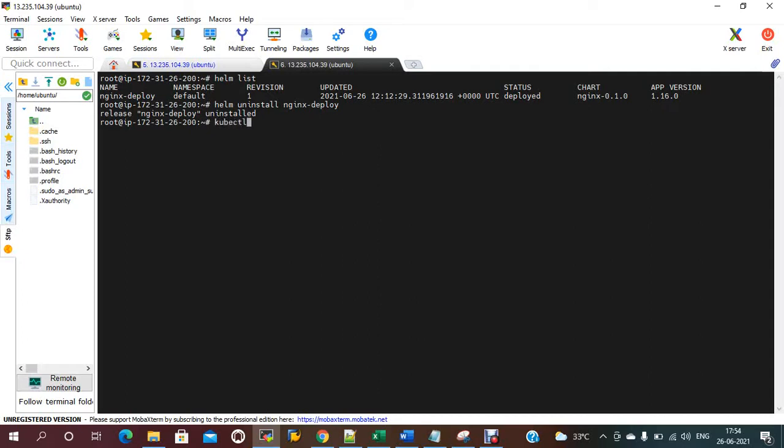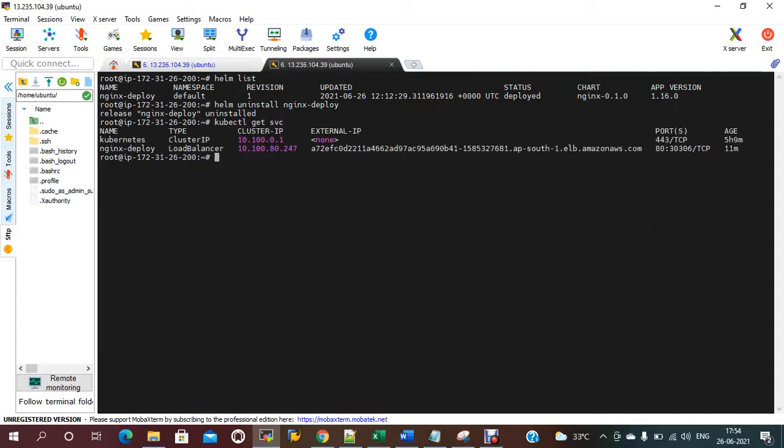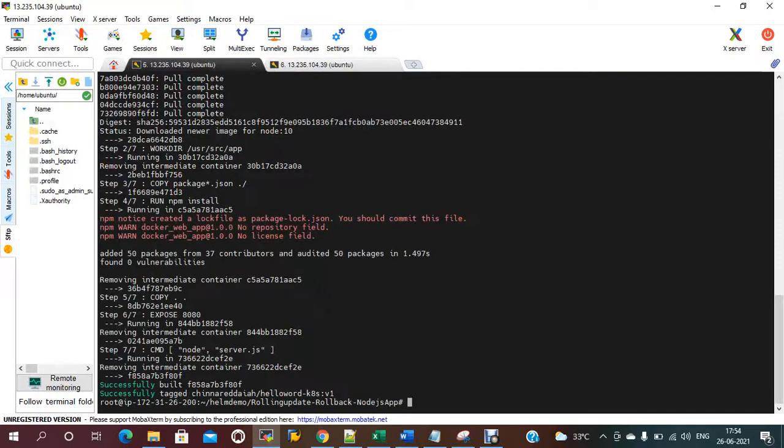Now kubectl get service. There is no service running. It should be deleted in some time. It should be terminating. Even the service file should be deleted. This is the previous Nginx one. Now this is done.